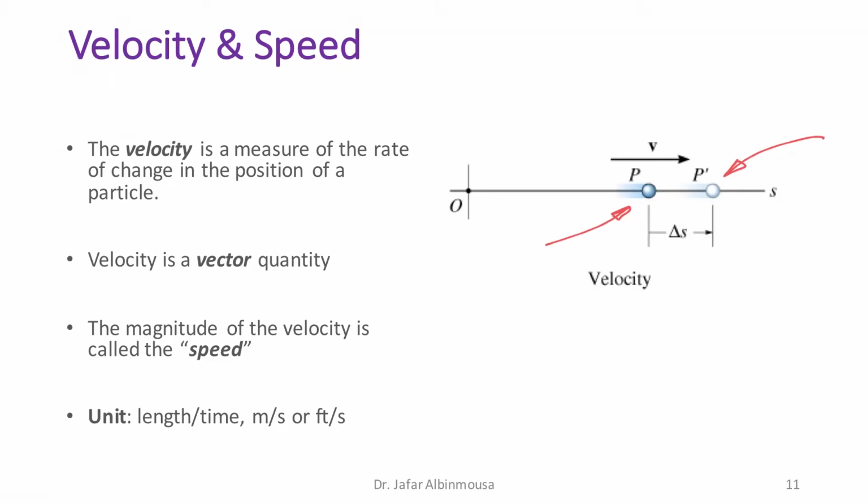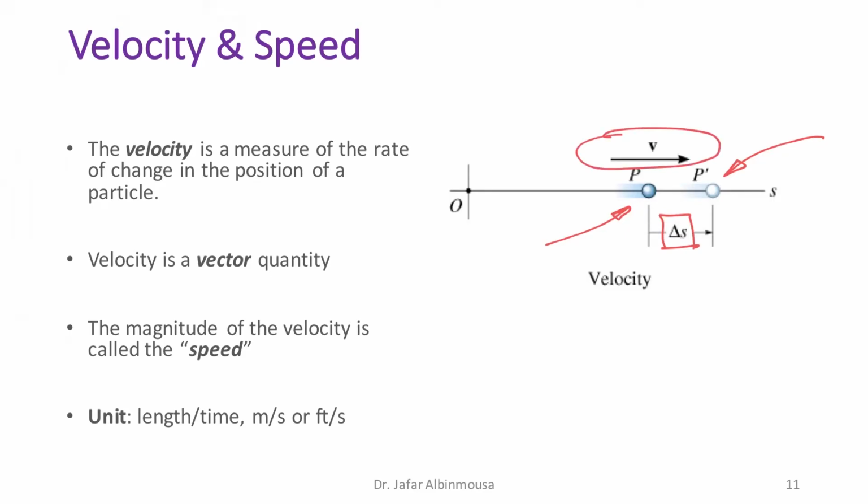So the amount of displacement is delta S. But if we have a stopwatch and measure the time for the particle to move from P to P prime, and we take the rate of that,